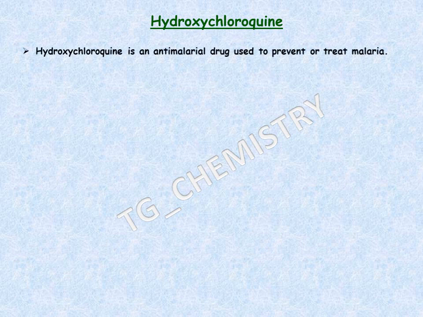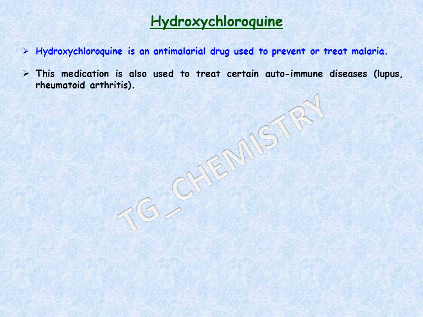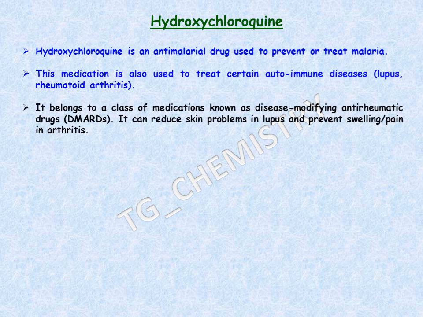Then comes hydroxychloroquine. Hydroxychloroquine is an antimalarial drug used to prevent or treat malaria. This medication is also used to treat certain autoimmune diseases, which include rheumatoid arthritis, you can also see. And it belongs to a class of medications known as disease-modifying anti-rheumatic drugs. In short, DMARD. It can reduce the skin problems in lupus and prevent the swelling or pain which occur in